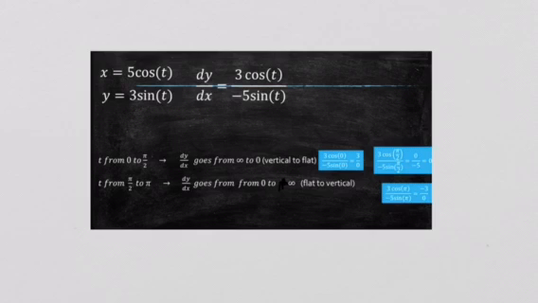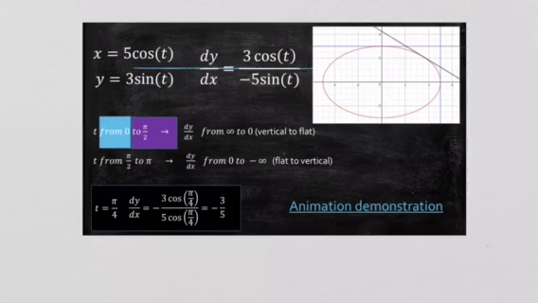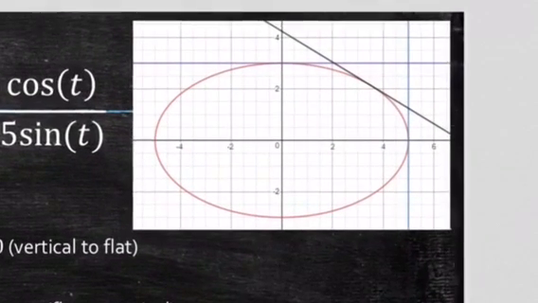So we're going to go from a slope of infinity to a slope of 0, and then a slope of 0 back to a slope of infinity. So we're going to go vertical to flat, and then flat back to vertical, which we can see here. So let's zoom in on this picture before anything else. Okay, we have a vertical slope at t equals 0. That slope goes from vertical to flat, and then it's going to go flat back to vertical,